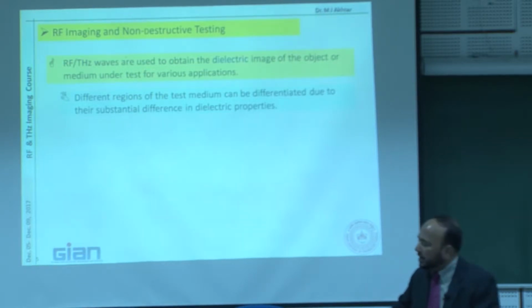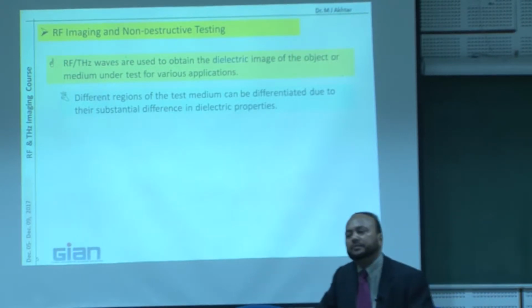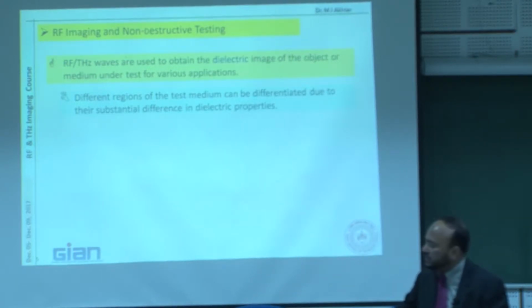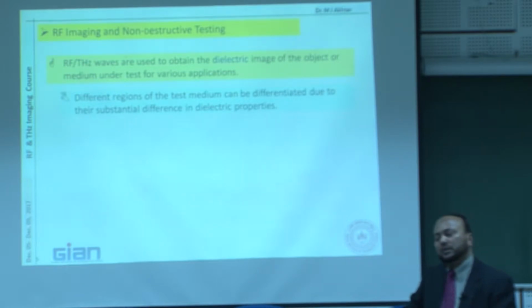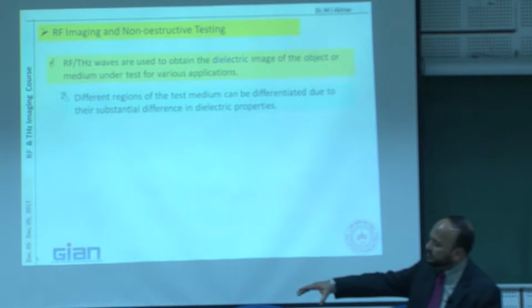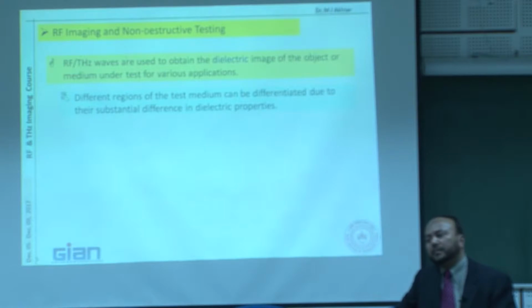That means I can consider this as a simple two-dimensional, or simple two-medium object, where one medium is air, this is what we call the block, and then again air. So if I am able to find the material properties as a function of distance, if we go from here to here, then I can say this is the dimension, because here we have a change in the permittivity, and I can also find out the permittivity of this. And again, when I say imaging,